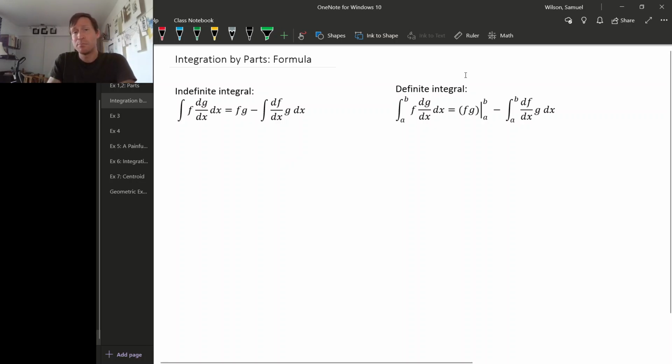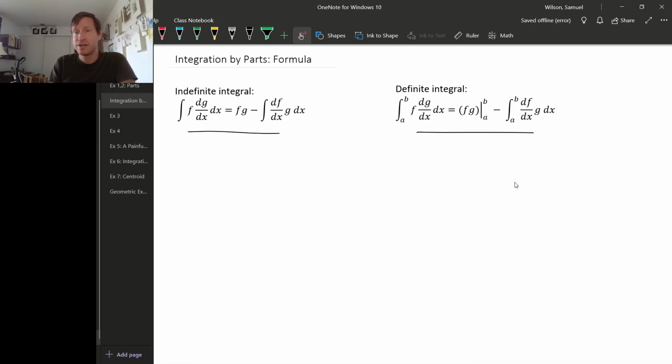Here are the integration by parts formulas that we came up with. There's the one for indefinite integrals and the formula for definite integrals. But writing things out with f and g like this is kind of clumsy. It's excessively verbose. It's hard to remember. It looks more complicated than it is. There's sort of a nicer, more compact way to write this, which is